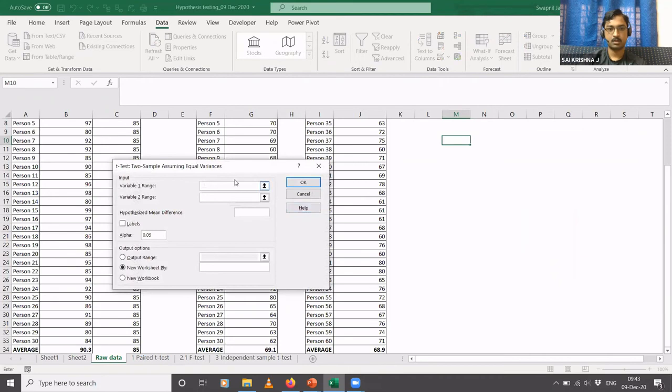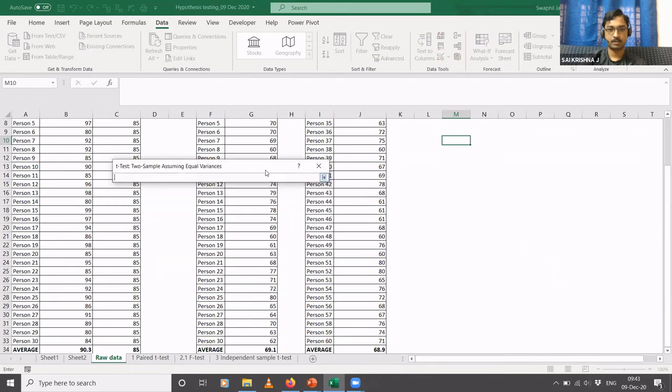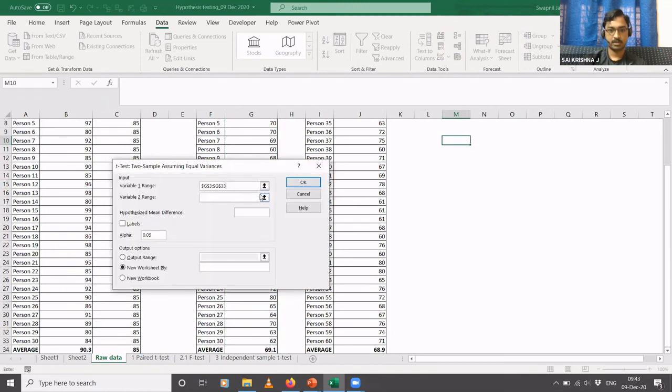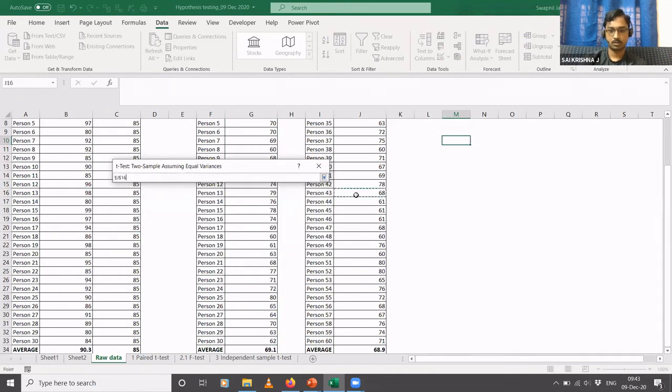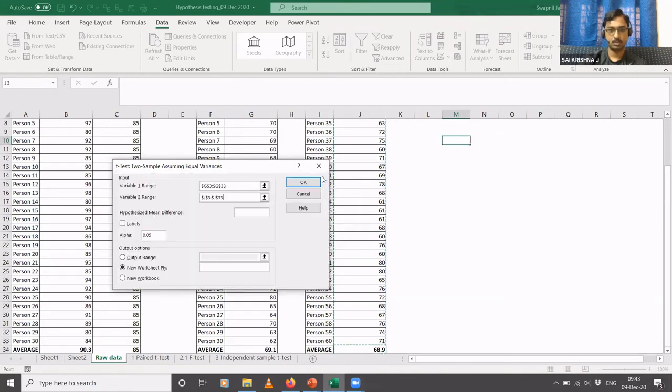Click OK, and same procedure. You select the variable 1 range, select the variable 2 range, the hypothesized mean difference is 0, you select the labels, alpha is 0.05, put it on a new worksheet, and click OK.